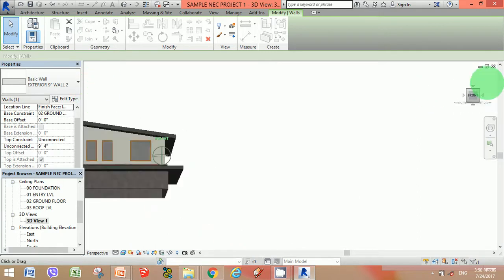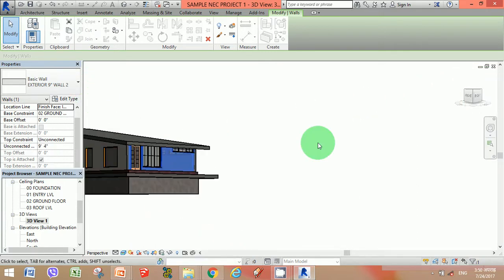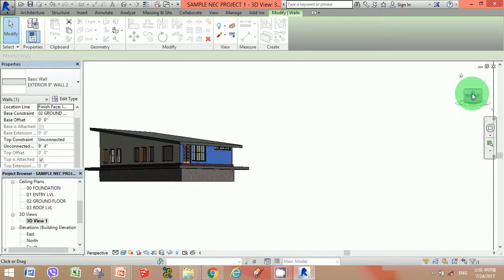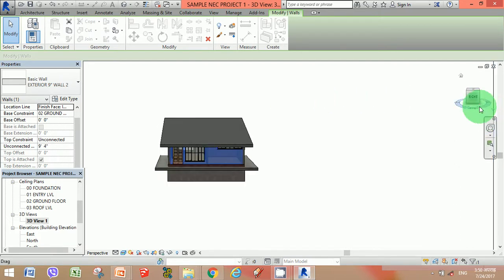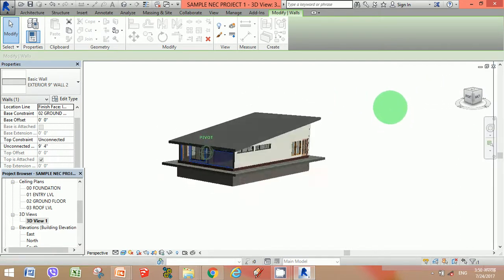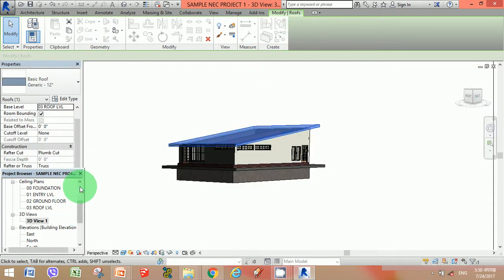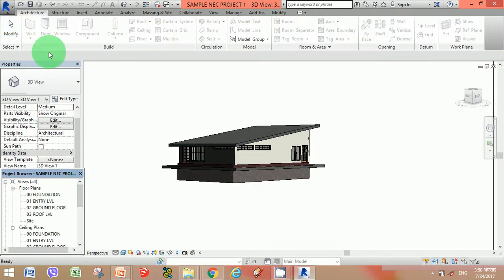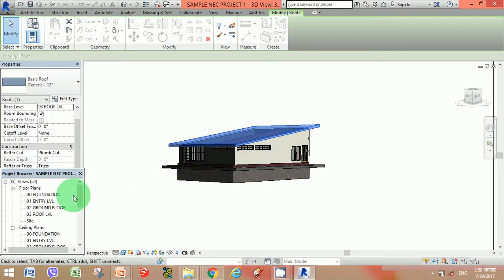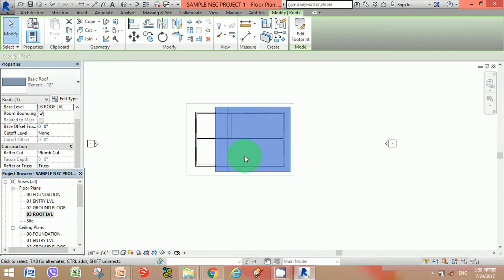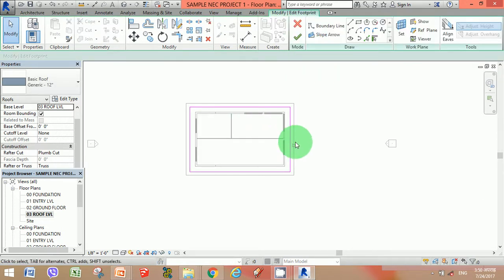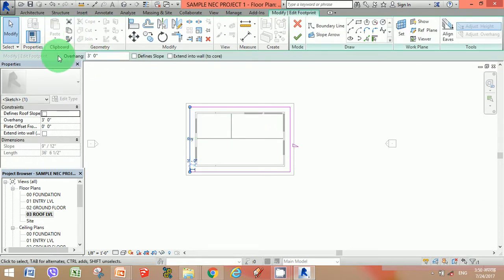So this is the type of layout that we're getting here. But if you require the slope to go in the opposite direction, you can always select the roof. First of all, you select the roof, and then you go to the roof level, double click this roof, and then you could add slope to this direction.